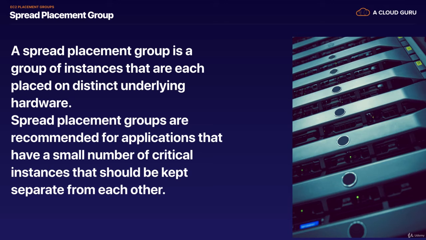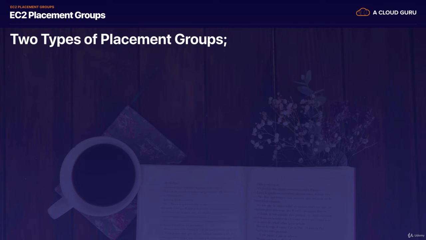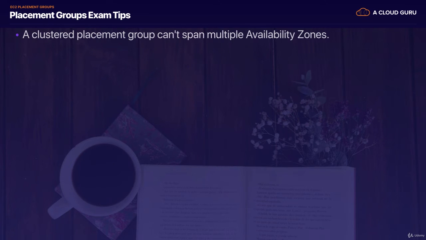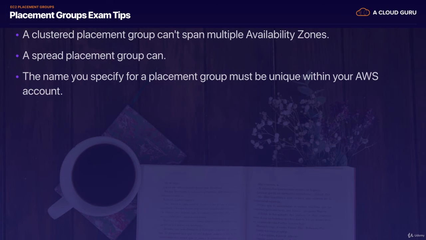You just need to understand the different types of placement groups, clustered and spread, going into your exam. Clustered placement groups are used for very low latency or high network throughput or both. Spread placement groups are where you want your instances separated from each other so that you reduce the overall risk to your business. Remember that clustered placement groups cannot span multiple availability zones, whereas a spread placement group can. Also remember that the name you specify for a placement group must be unique within your AWS account,